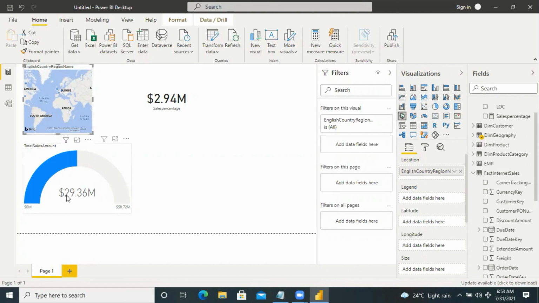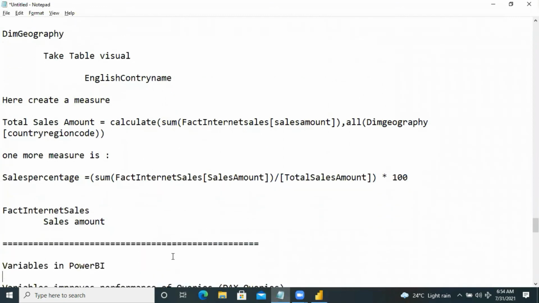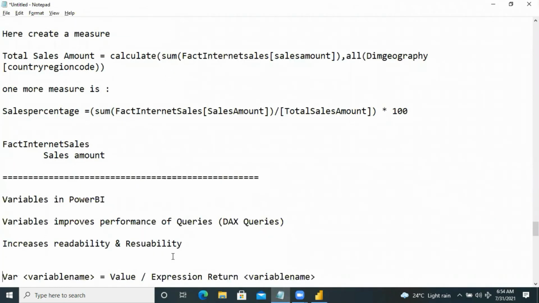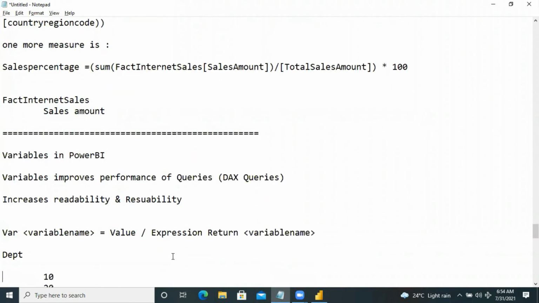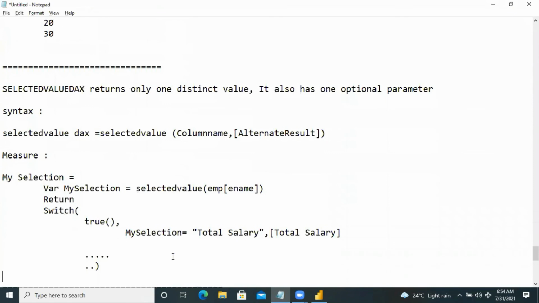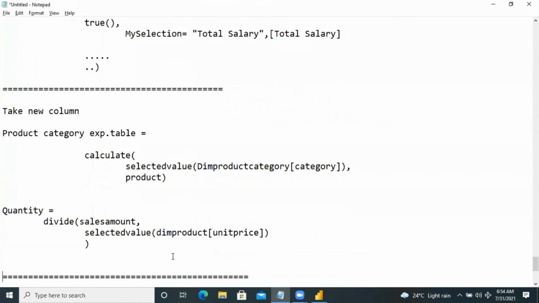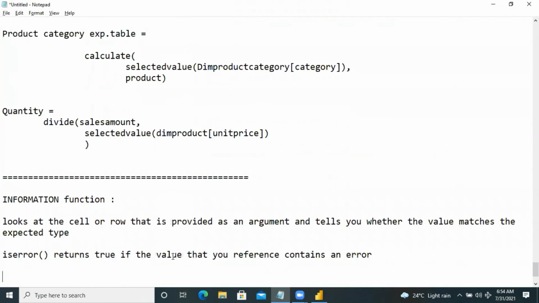This is the total sales. Like this, we can practice the tables also. Then other exercises are given, like using the variables, we can develop the script for product category in the product and product category tables also.